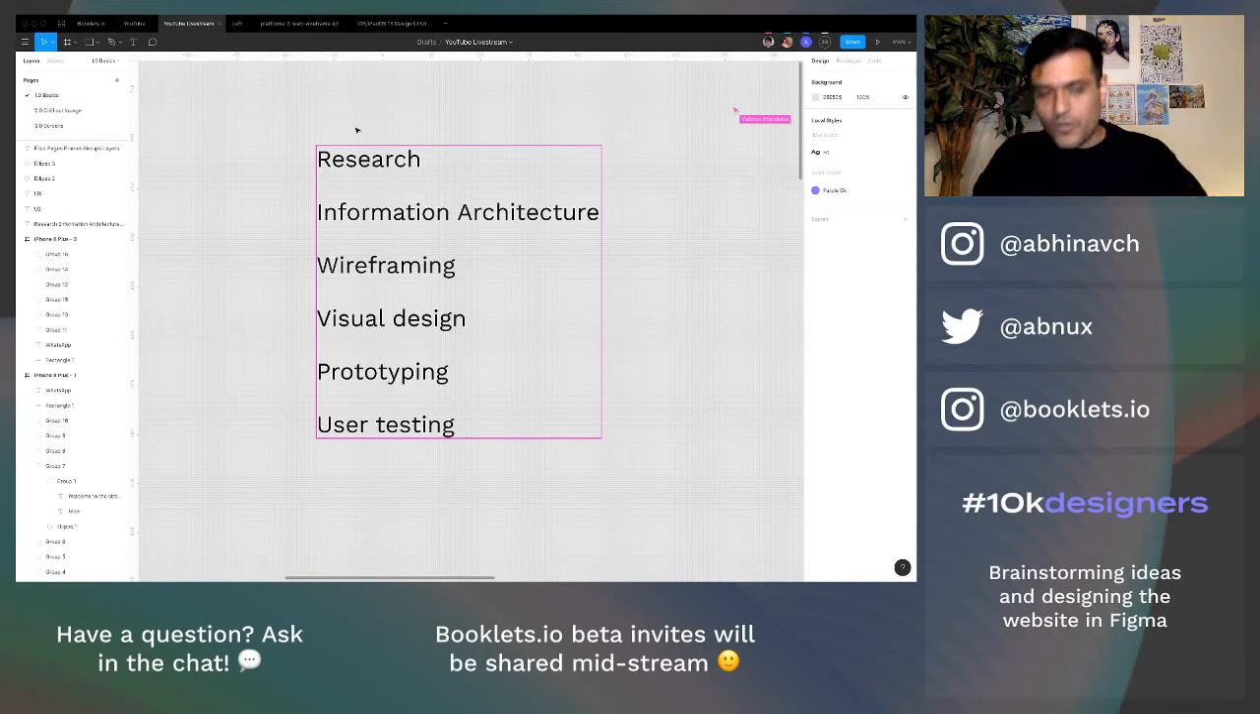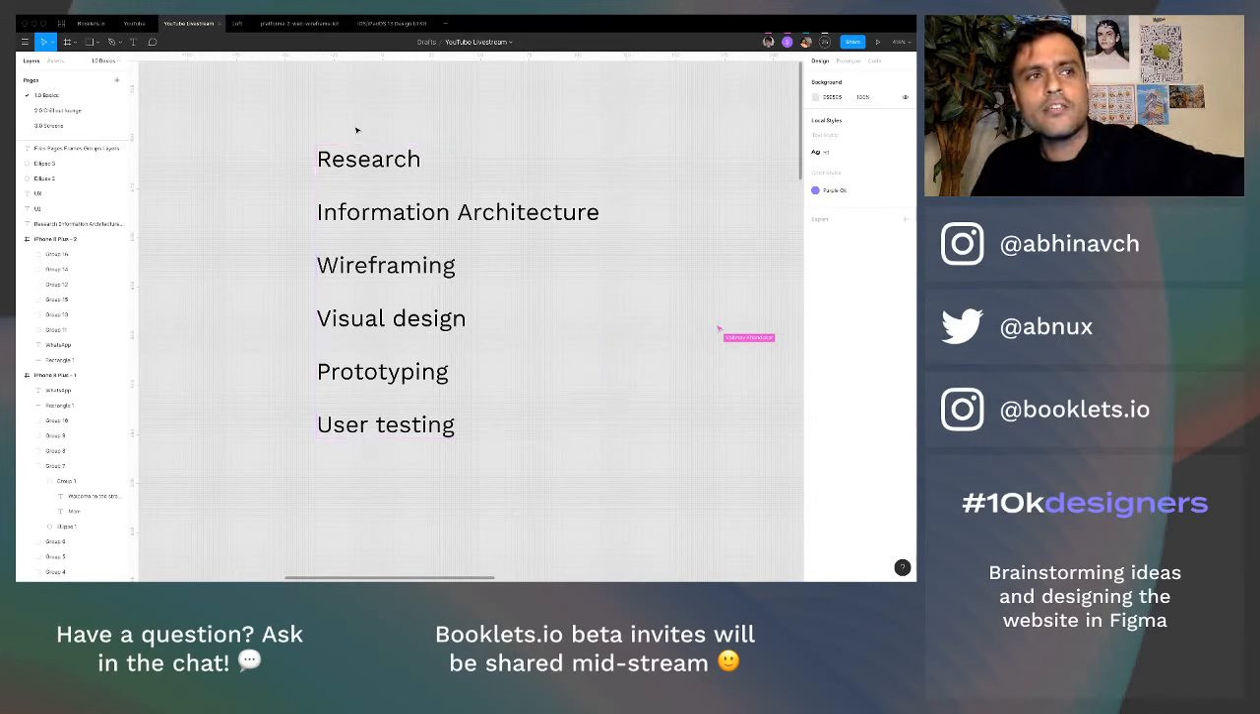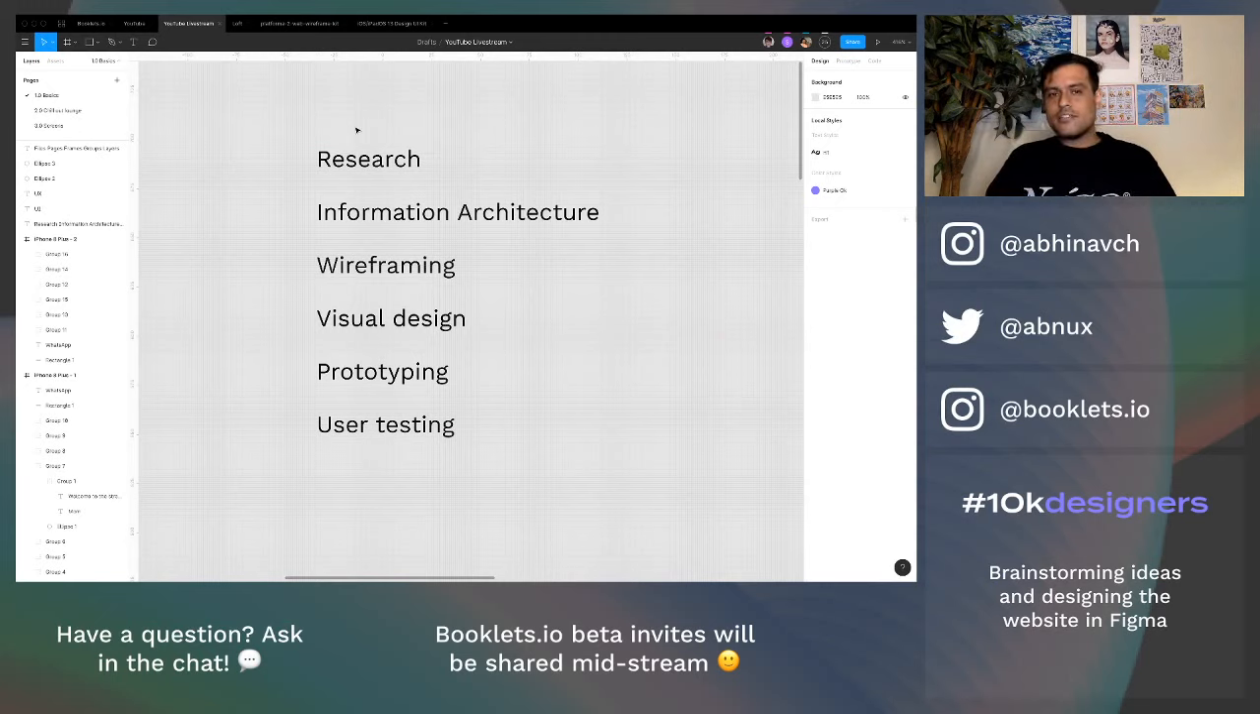Okay, so we talked about the steps in the design process. The first one was research. Now, research for a design project is very dependent on what kind of project it is. So let's say the design project is you're doing a feature for a startup. A startup that already has an app out there and you want to add a new feature to it. The research process would roughly look like figuring out what is the